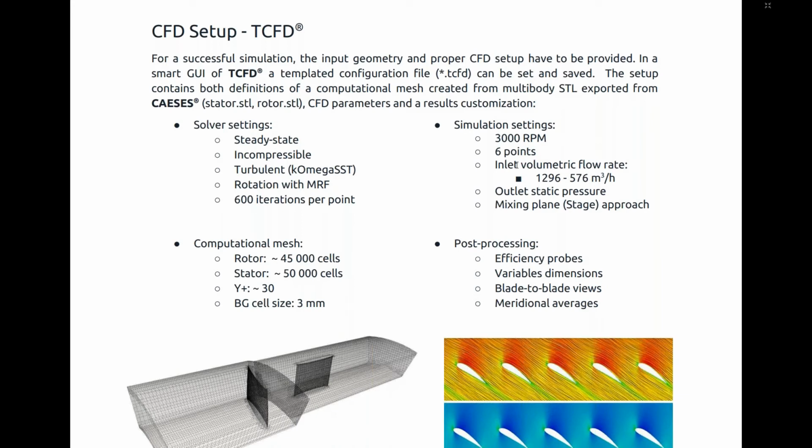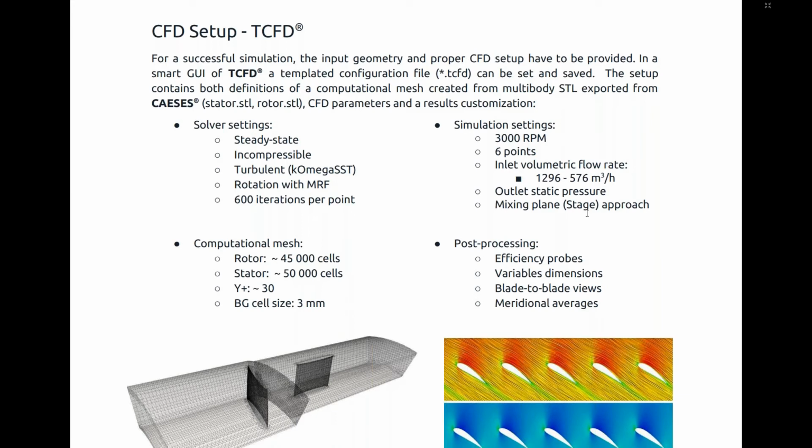We've chosen 6 points covering the whole range of flow rates from, let's say, 570 cubic meters per hour